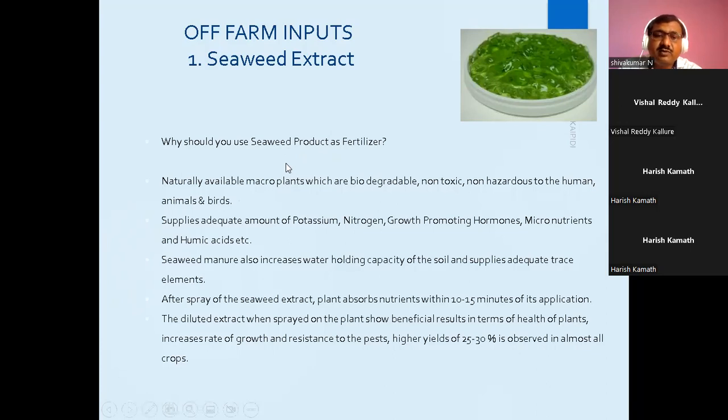They are preparing it. Only some parts of the country have them available, and they provide a very good source of nutrients like potassium and nitrogen. They also have a rich source of hormones which are required for plant growth. They will stimulate the growth, and they are rich in micronutrients and humic acids.